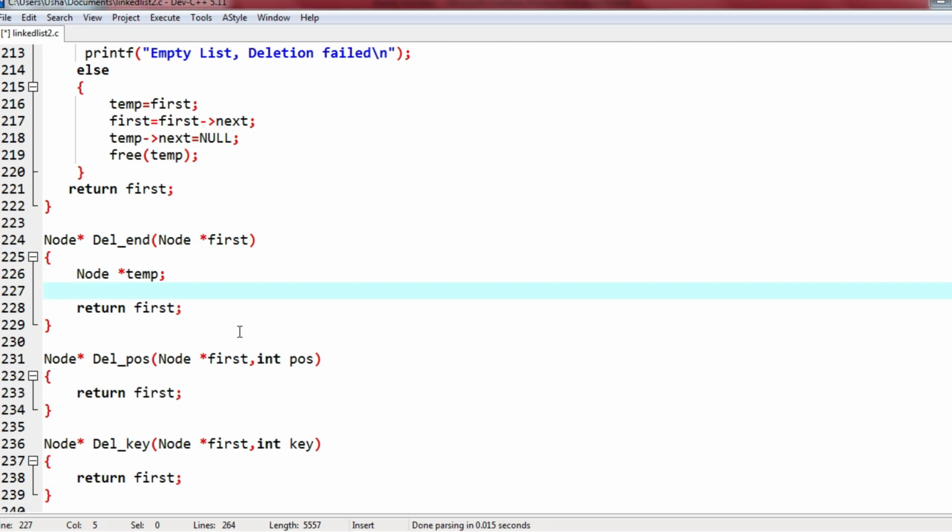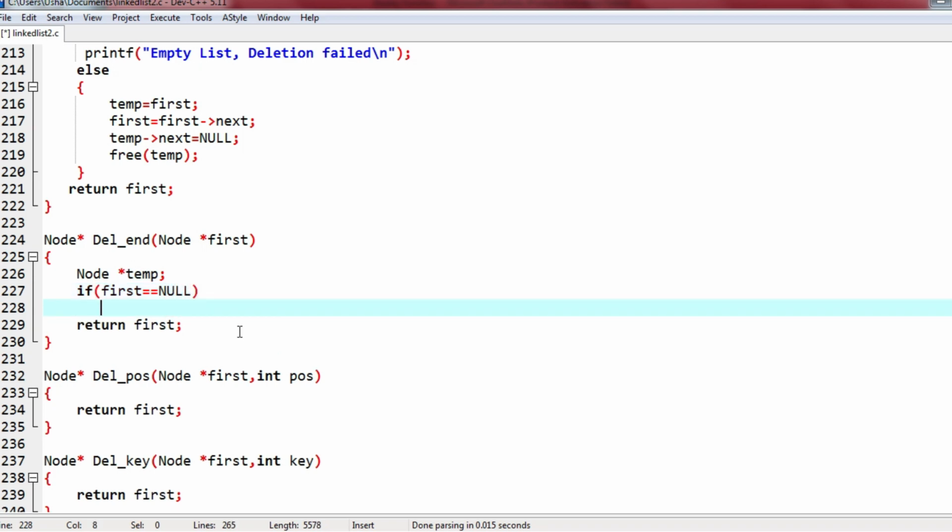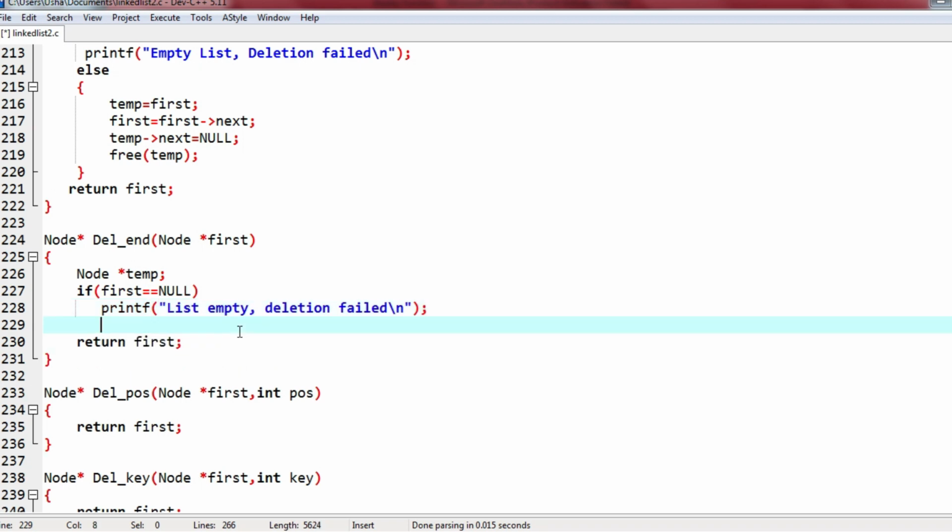Okay, if first equals to null, list empty, deletion failed. Okay, else means list is not empty.